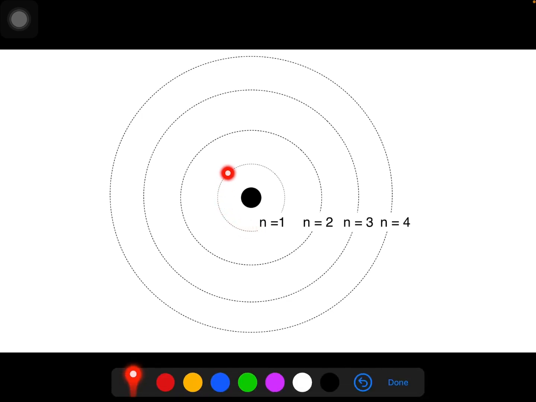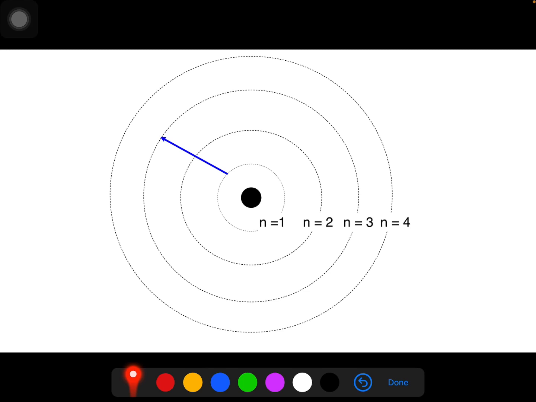Okay, dia orbit around the nucleus, and then bila ada energy, dia akan absorb energy and excite to higher level. Dia naik, excite pergi higher level, which is sekarang dia berada dalam n equals to 3. Okay, so bila dia dekat n equals to 3, it is unstable, so dia akan fall back pergi a lower